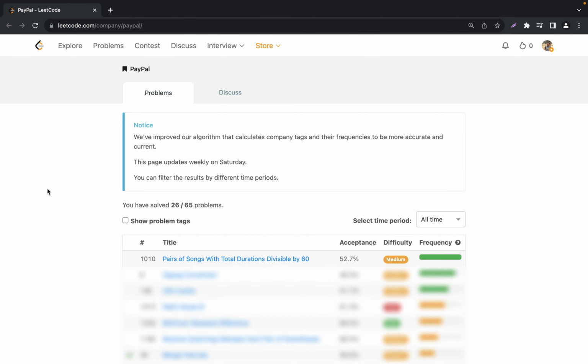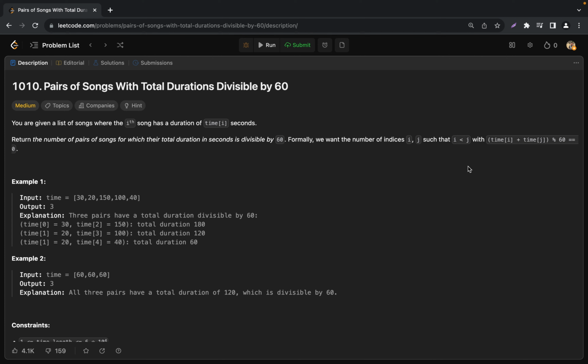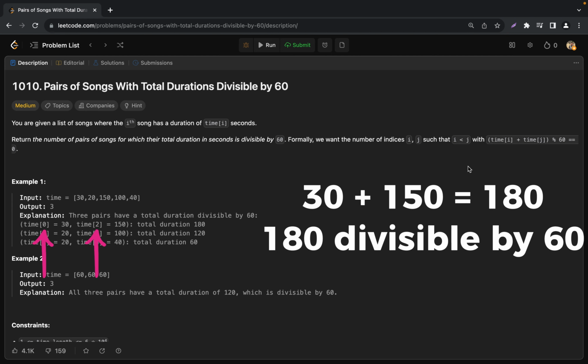In today's video, we'll solve the most frequent task in PayPal interviews: pairs of songs with total duration divisible by 60. We have a list of songs, and each song has a duration in seconds. For example, the first song is at index 0 and has a duration of 30 seconds. Our goal is to find pairs of songs where their total duration is divisible by 60. For instance, if we pair the first and third songs, their total duration is 180 seconds, which is divisible by